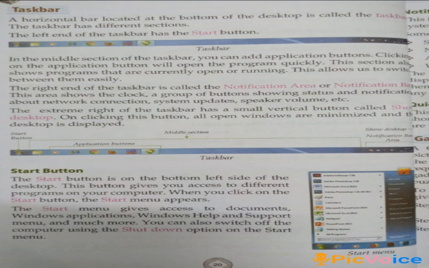On clicking this button, all open windows are minimized and the desktop is displayed.